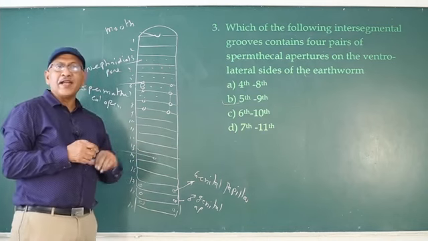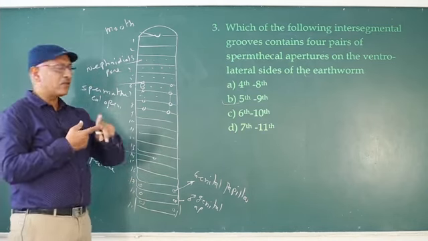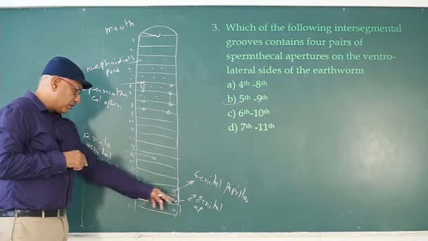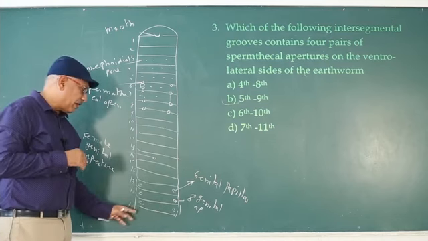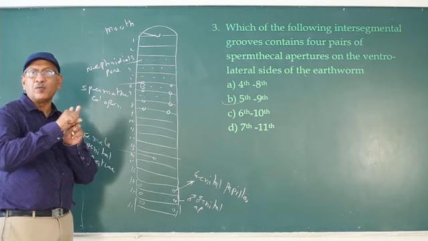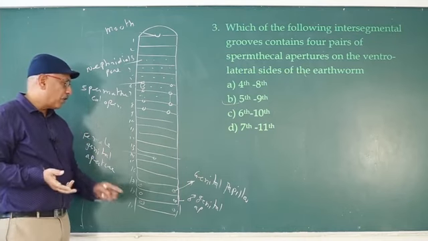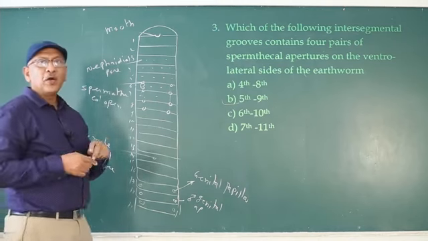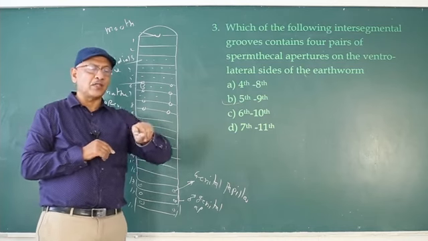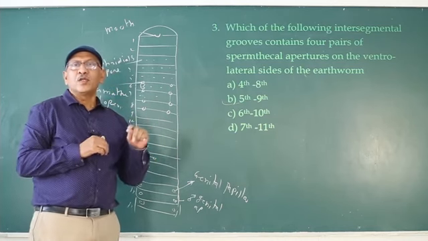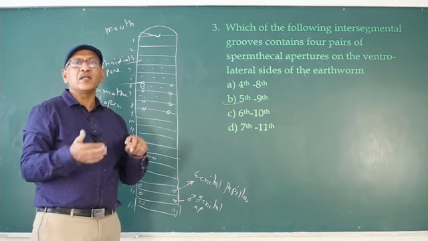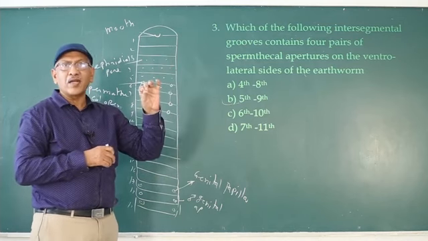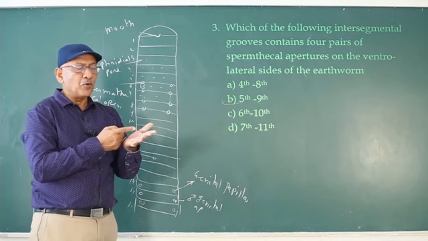How can you identify the ventral surface of the earthworm? With the help of these openings. In the 18th segment, a pair of male genital apertures. In the 17th and 19th, elevated sucker-like openings, the genital papillae. With the help of these three pairs of apertures, we can identify the ventral surface. How can you identify the dorsal surface? If you observe the earthworm, a dark line appears. That dark line is the dorsal blood vessel, present on the dorsal surface. If a dark line appears, that is the dorsal surface, and the opposite is ventral.